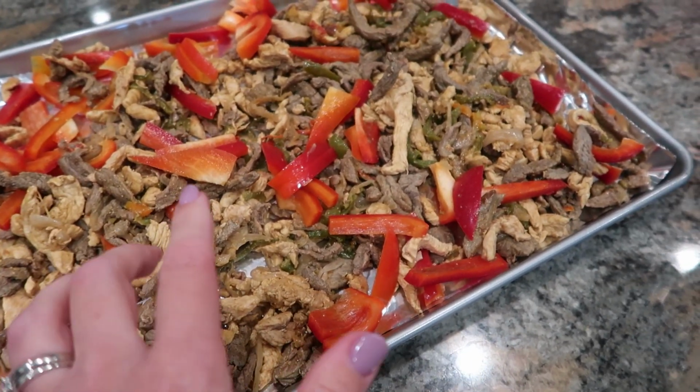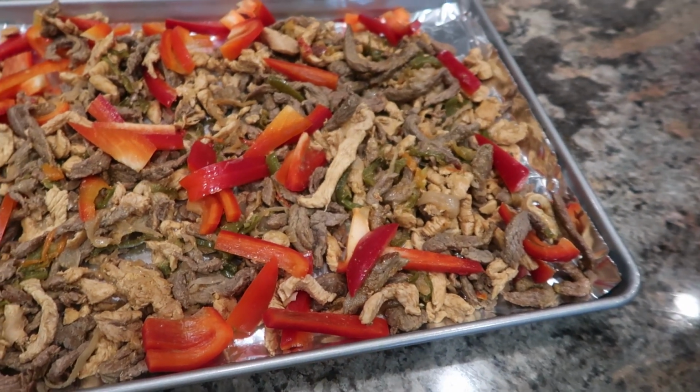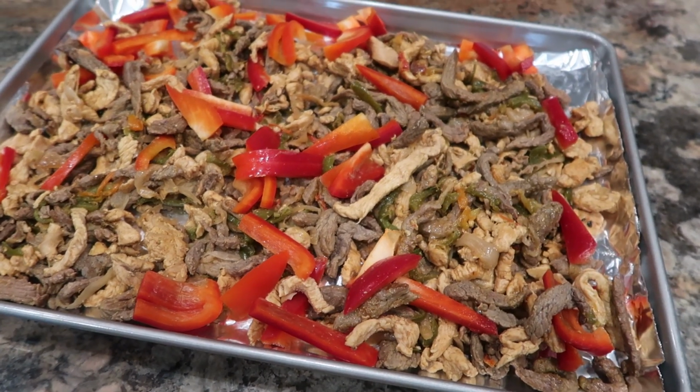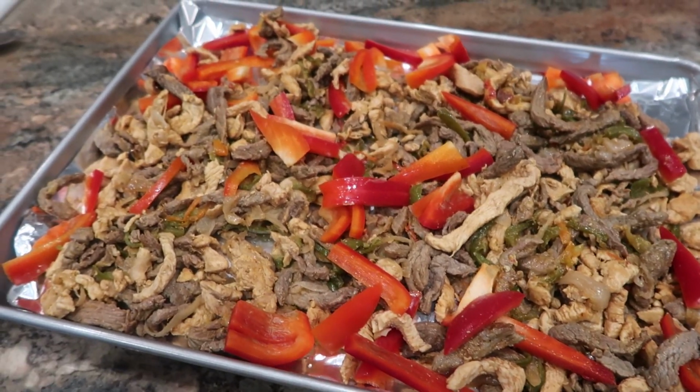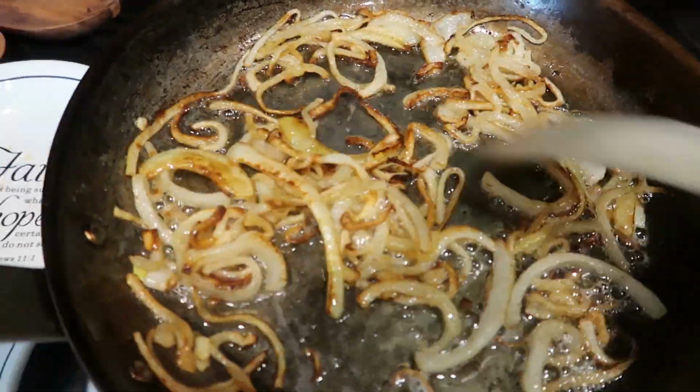And I did add 1 bell pepper that I had in my refrigerator that I chopped up myself. And I'm just going to pop this in the oven at 400 for about 7 or 8 minutes so it can heat back through. My onions are cooking down beautifully, and they're getting really fragrant also and kind of a